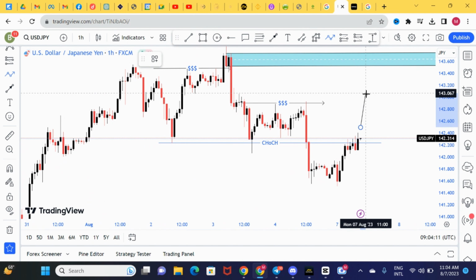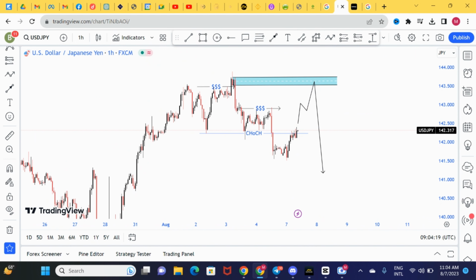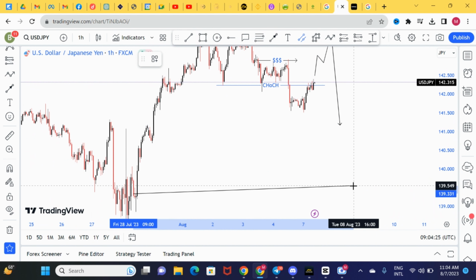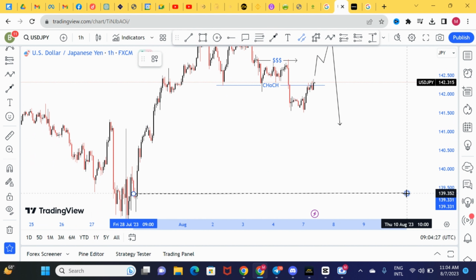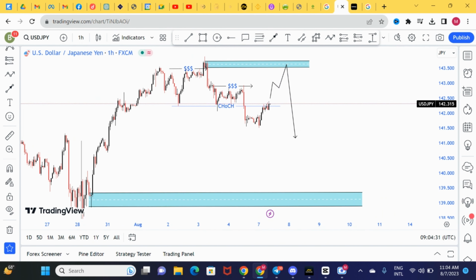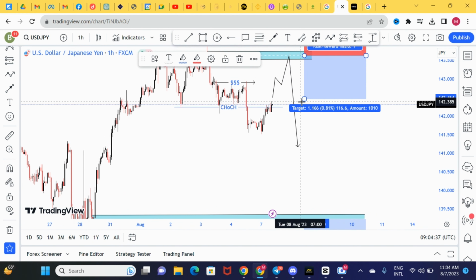So I'm looking at price coming back to this area, and then I'll be looking to take an aggressive trade at that particular point. And now I'll be looking at putting my take profit right here in this area. I'll be glad to put my take profit in that area, right? So I'll go in from there and then I'll be